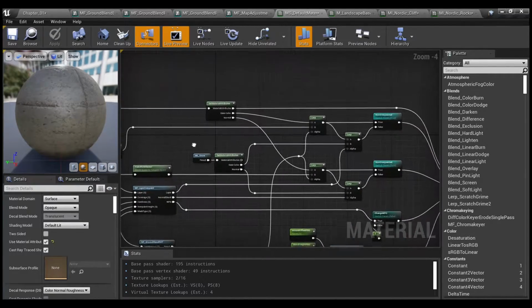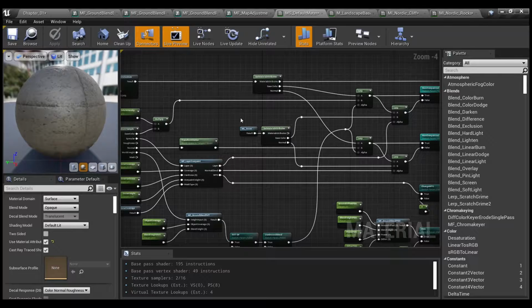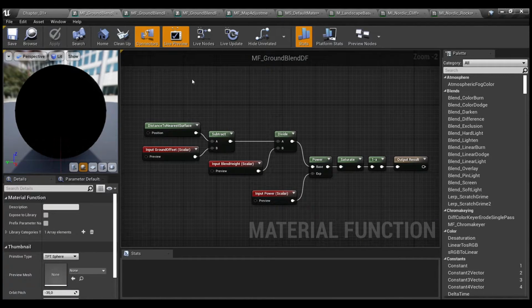So first of all, let me show you the material functions that we need to have, to make not only one way of blending, but so we can customize and use a combination of two of them. And the first one is the ground blend distance field. So basically it's the mask,